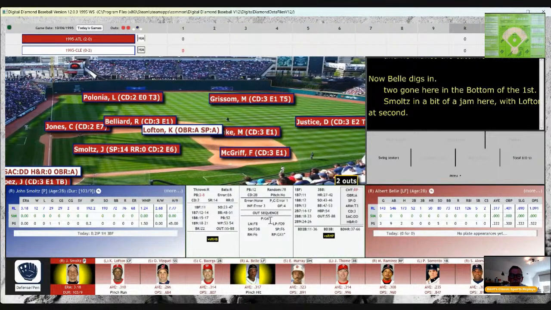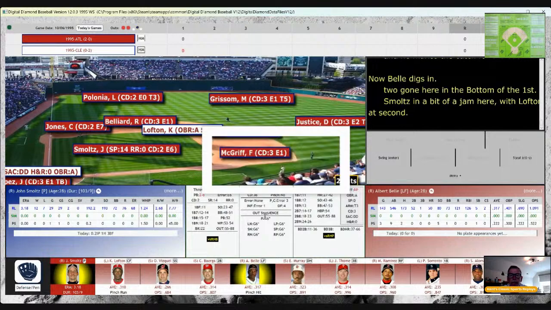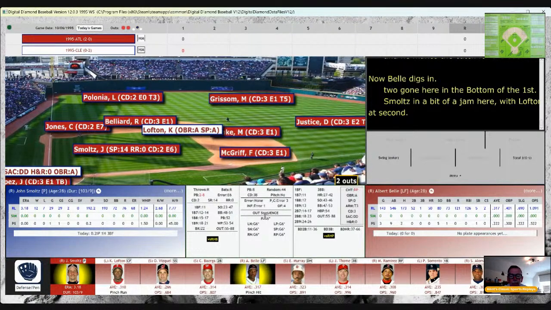So don't leave one hanging for Albert Bell. It's going to be on Smoltz's card. At 44, he got him with the heat, the heater, the cheese, struck him out for out number 3, and we go to the second.